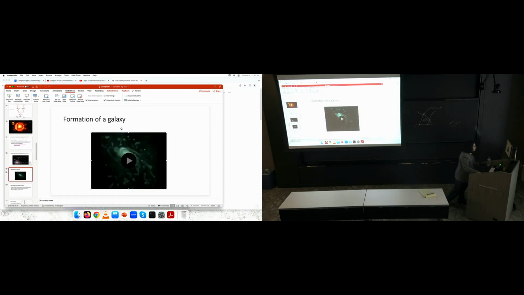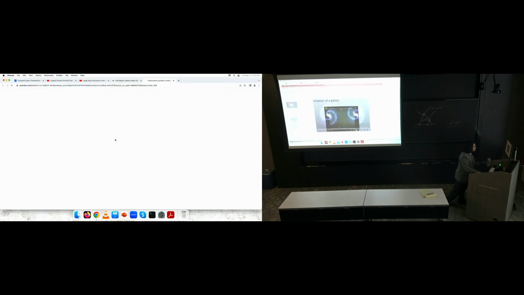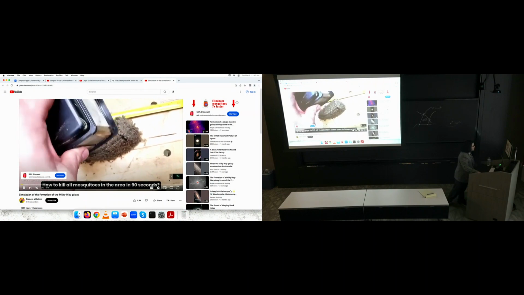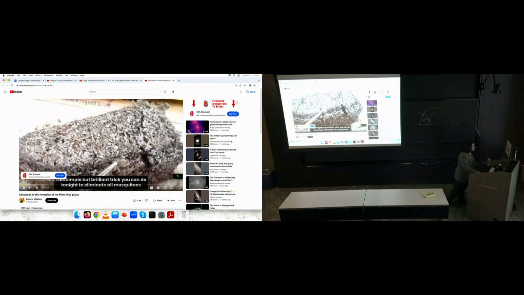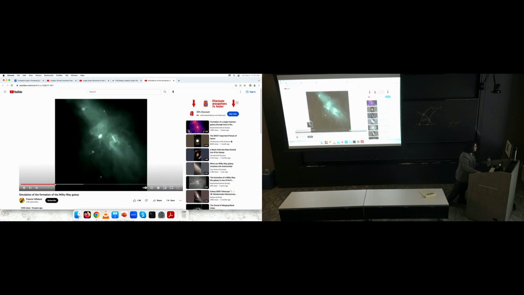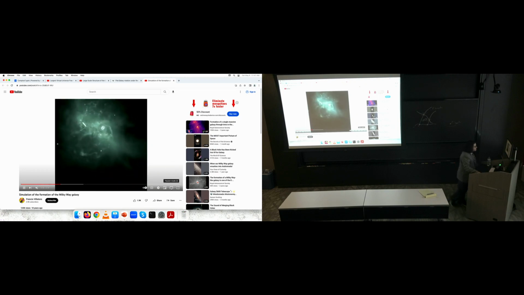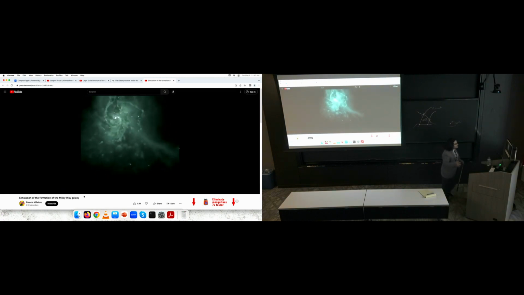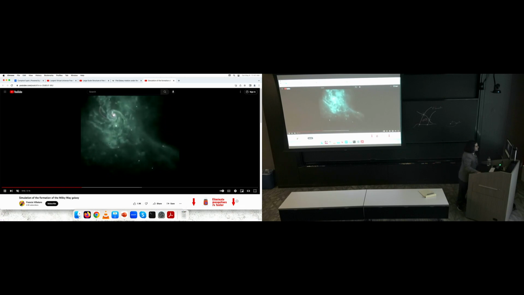Good. And in fact, with maybe appropriate timing, here's a simulation which is looking more at a particular galaxy. Indeed, the answer is that it's complicated, and galaxies are not my focus of study, and we don't have the time to go into everything in detail. But it is complicated.